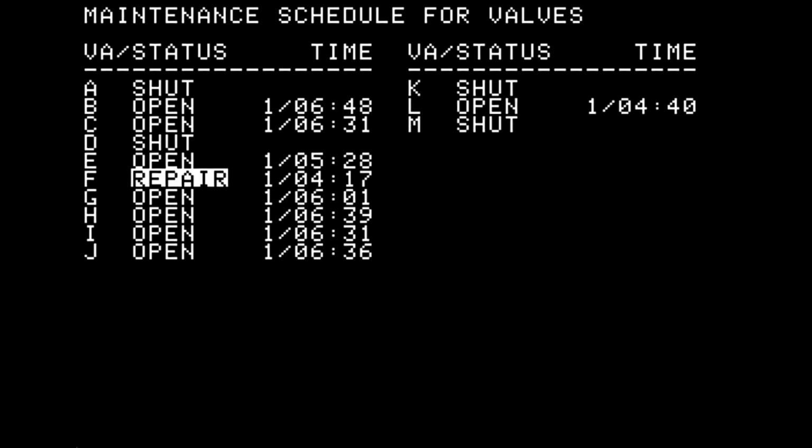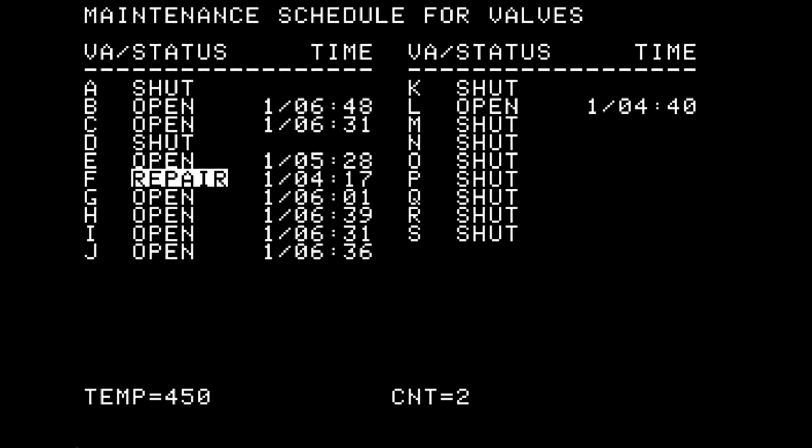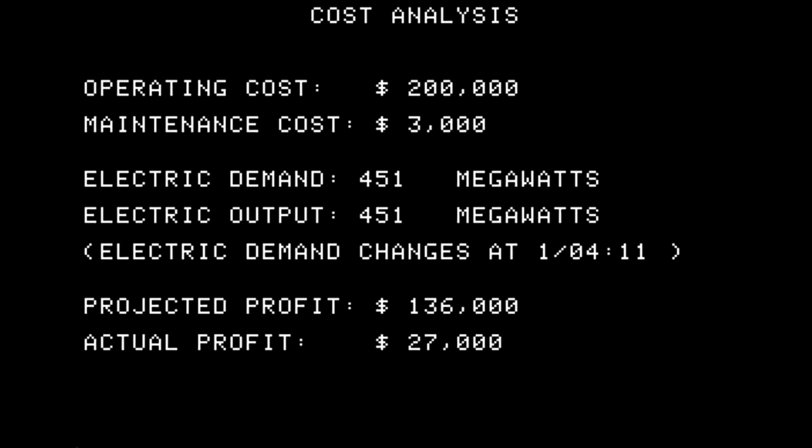All right, nothing else failed at this point, so let's take a look at the cost. All right, so we started making money, and I'm going to see if I can. Oh, okay, looks like